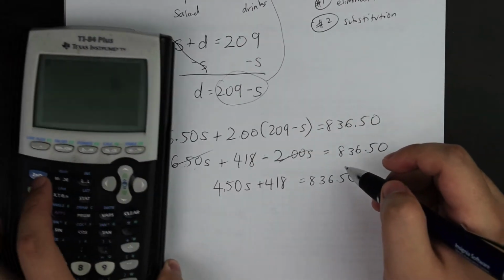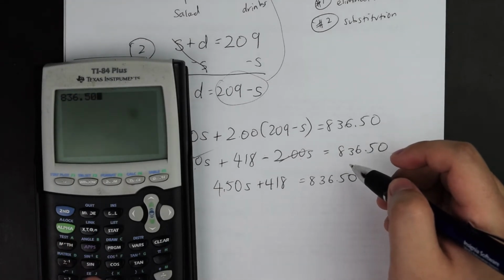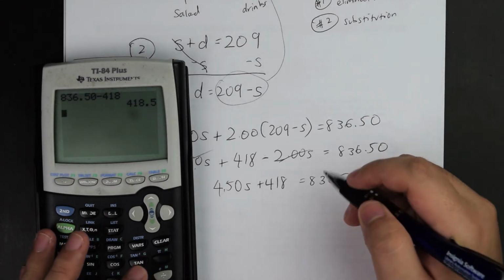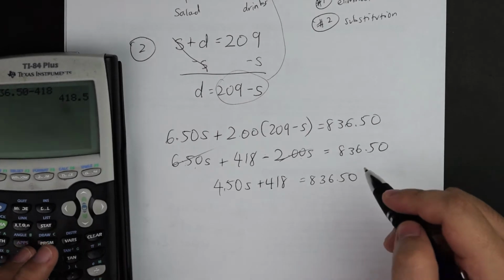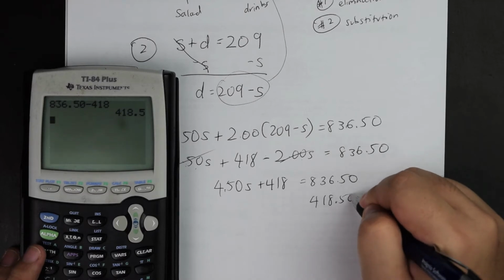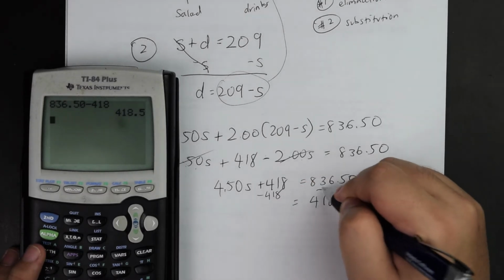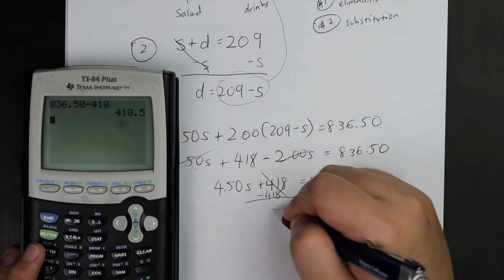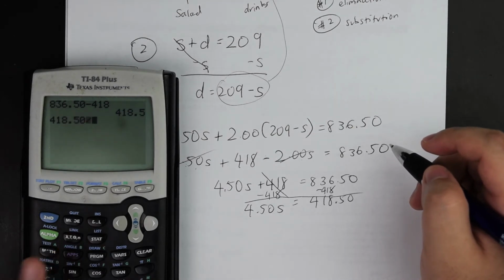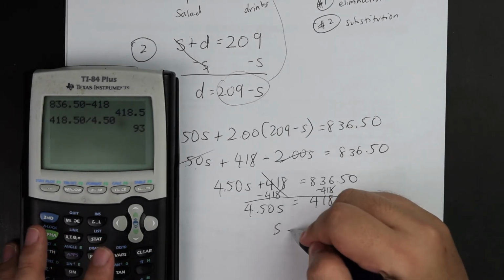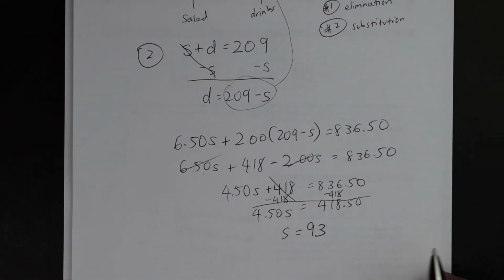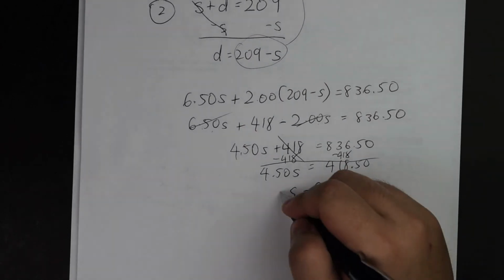I punched it into the calculator wrong the first time, but 836.50 minus 418 will be 418.5. Let me confirm that's correct. Okay, yes it is. And so afterwards, I did 418.50 equals, so I did minus 418 just for your reference, equals 4.50S. And then 418.50 divided by 4.50 ends up becoming 93. And so when I look at the answer choices, 93 is a possible answer, and the final answer for that question is B. And so that concludes my